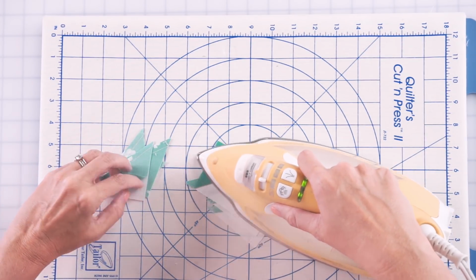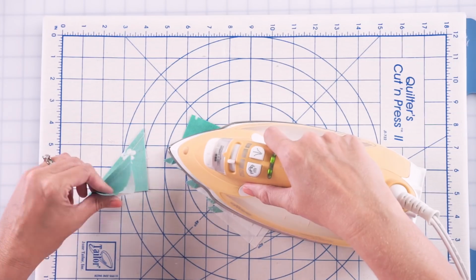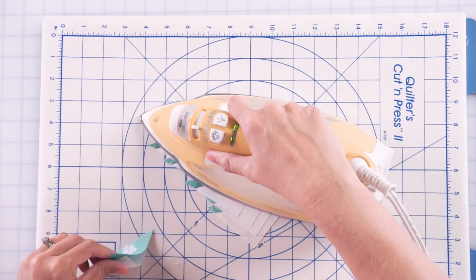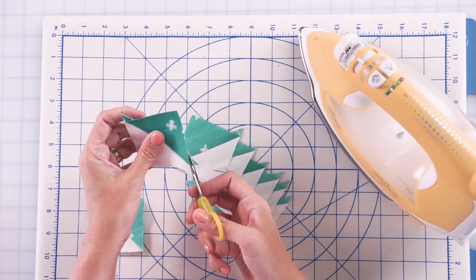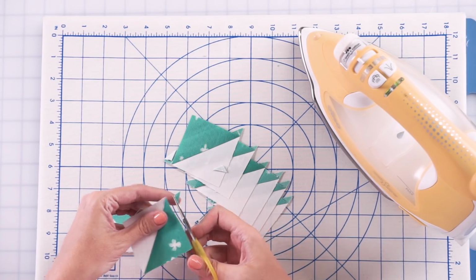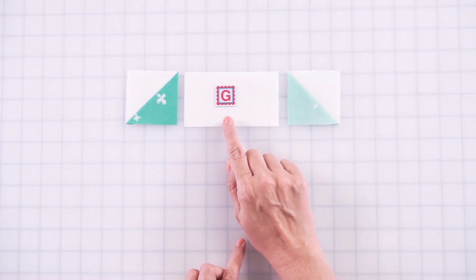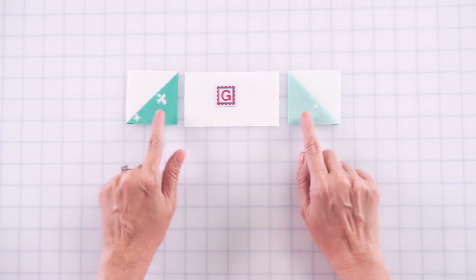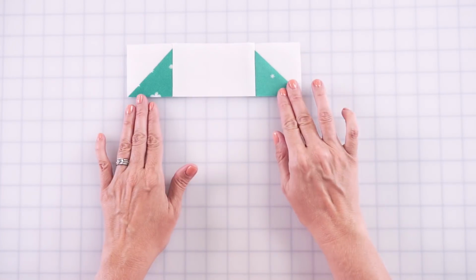And then we're going to clip the little dog ears off, and then we can assemble our block. And then you're going to clip your dog ears off on all of these half square triangles, and we're ready to do our final assembly. We're going to make rectangle units to go around the outside of our block. You're going to take a fabric G rectangle and 2 half square triangles. Make sure they point in, and you're going to stitch with a 1/4 inch seam, and this is going to be your rectangle unit. You're going to make 2 of these,